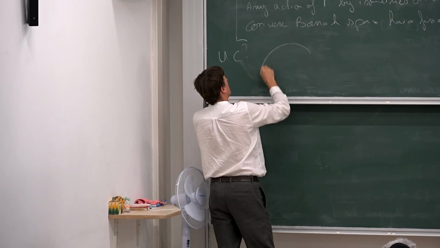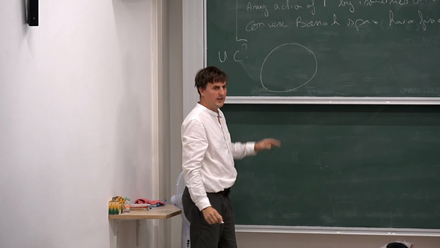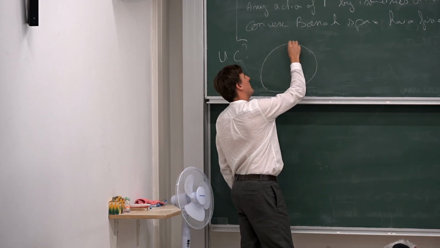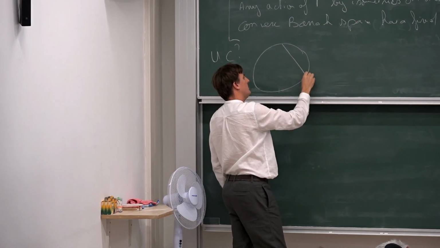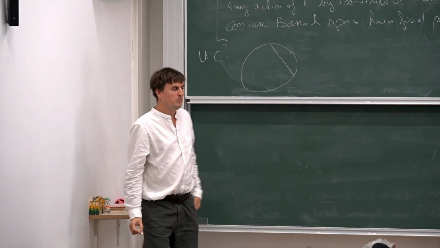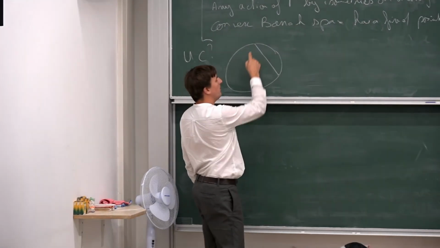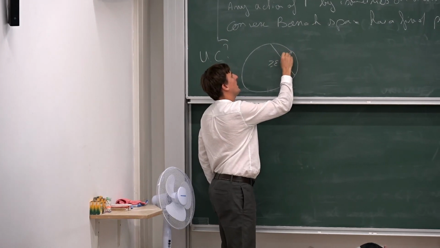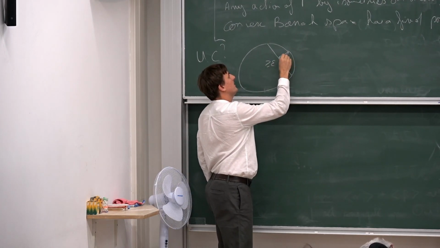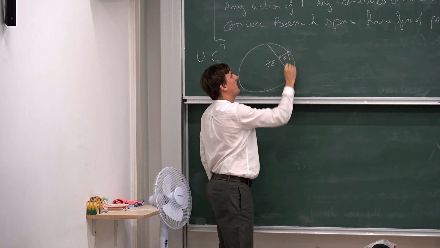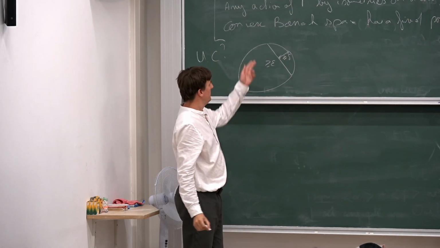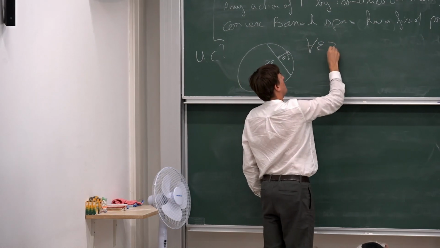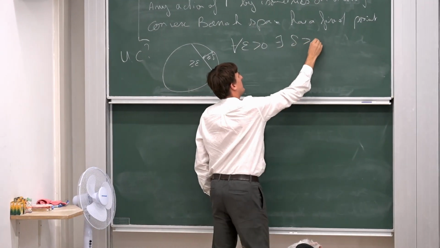So I draw a picture. A Banach space is uniformly convex if I draw the unit ball, and it is something that only depends on its 2-dimensional subspaces, so I can draw it on the board. It says that if I take 2 points in the ball that are far apart, then their midpoint is also far apart from the boundary of the ball. So let's put that in a formula: for every epsilon positive, there exists delta positive,